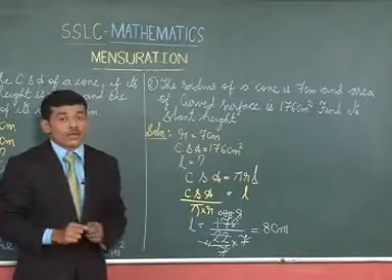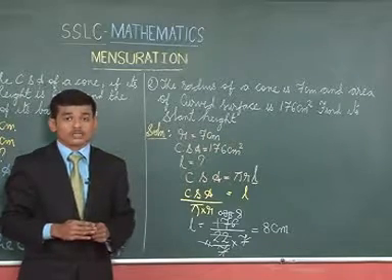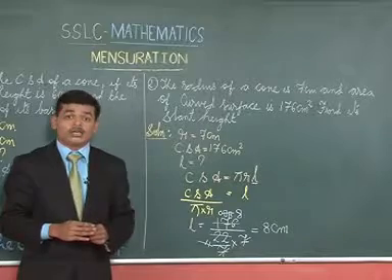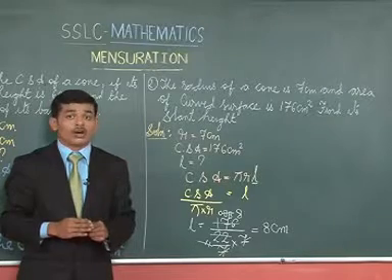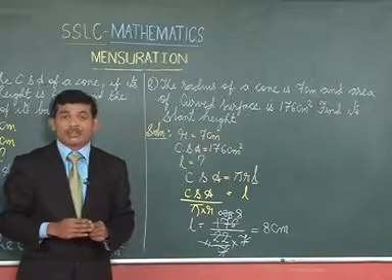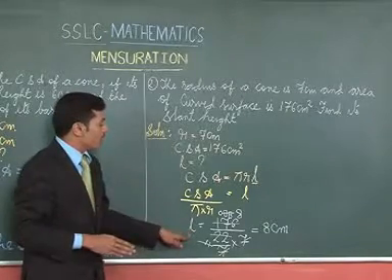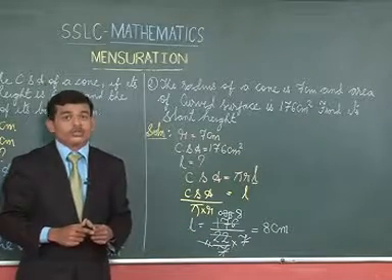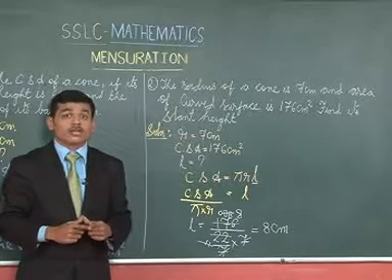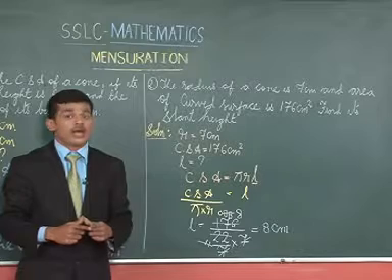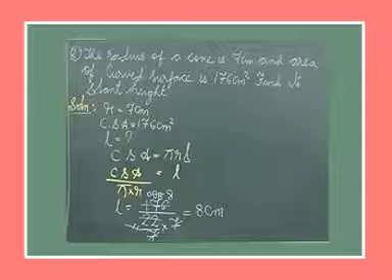Dear students, we are asked to find out the slant height, where the curved surface area of a cone is given, that is equal to 176 centimeter square, and the radius of the base of the cone is given, which is equal to 7 centimeter. So we have substituted the value of r, that is radius, and the curved surface area of the cone in the given formula, and we have got the answer, that is the slant height is equal to 8 centimeter. So the answer to this problem is the slant height of the given cone with curved surface area 176 centimeter square and the radius of the base 7 centimeter is equal to 8 centimeter. So this is the answer.